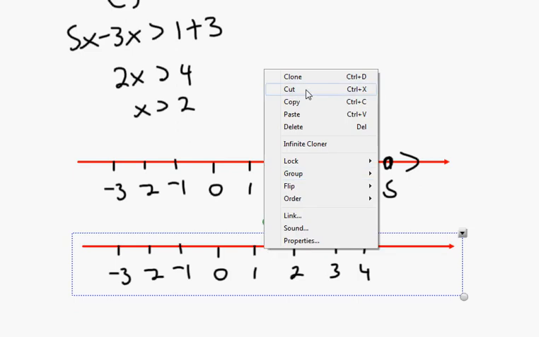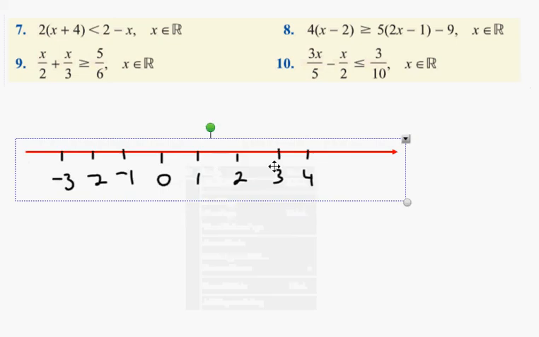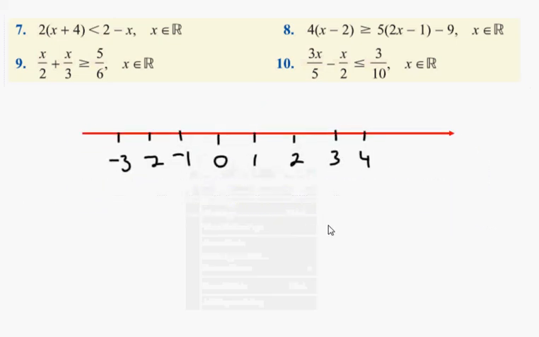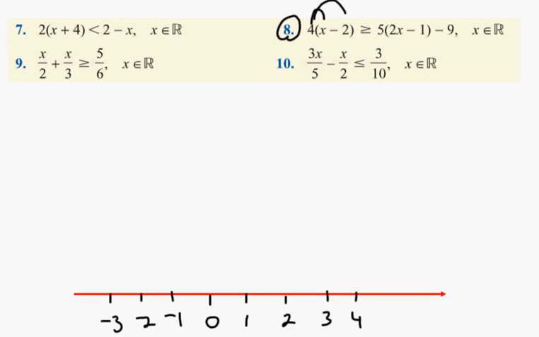Just keep this with me. Okay, it starts to get a bit fancier now. So what one would be a good one? This one's a good one. Number 8's a very good one to do. Okay, so number 8, multiply it out, and what do you get? So 4x minus 8,